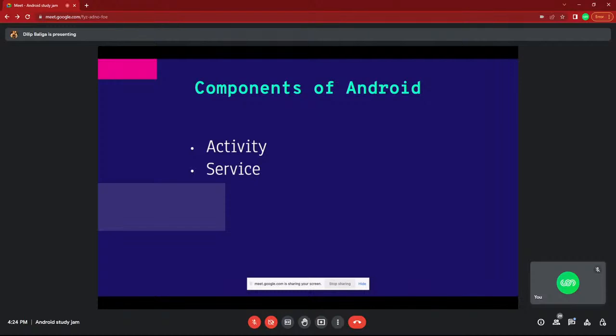For example, take a music app like Spotify. You quit that Spotify app, but it keeps on running, it is still playing. How is that possible? Something is running inside that application.